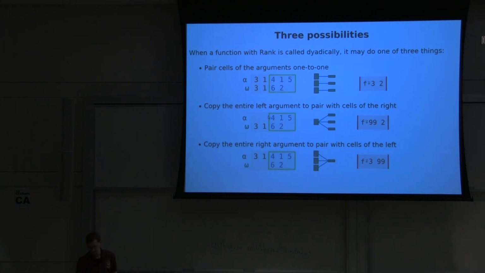Now, if one of them has no leading shape, then it just loops over the other one. It replicates that one with no leading shape, as though it's a scalar. Like it's thinking of that shape as a scalar, maybe, in analogy with scalar functions. So to force it to do this, to loop over the right argument,